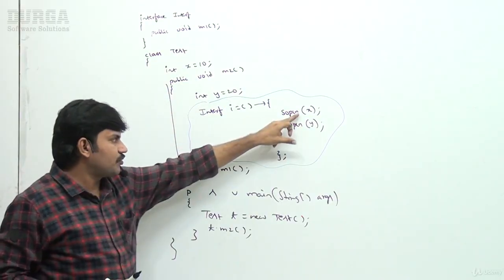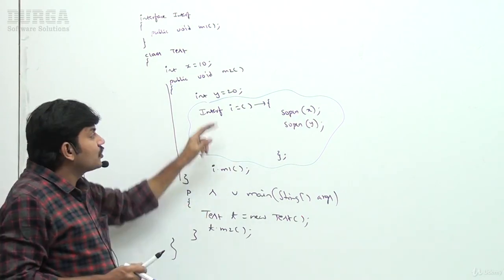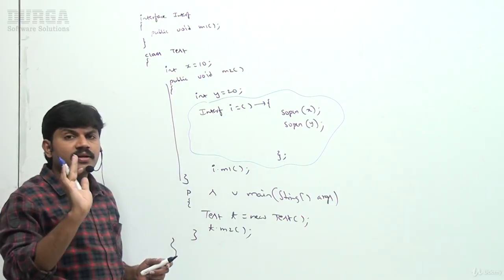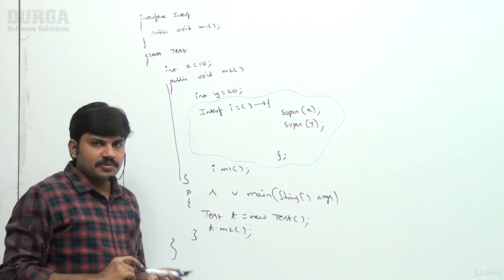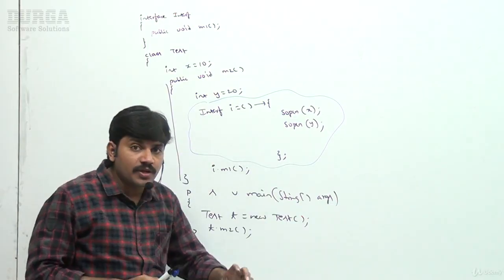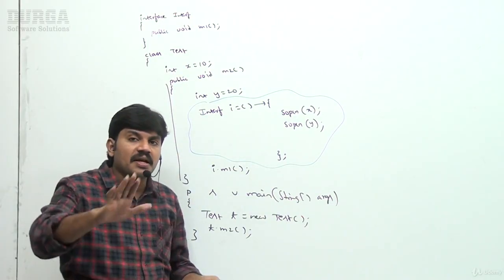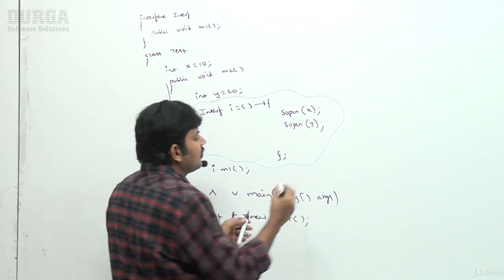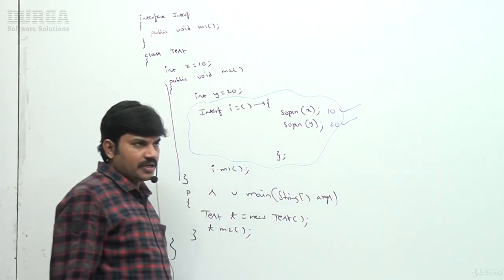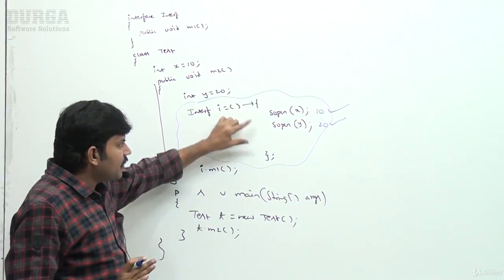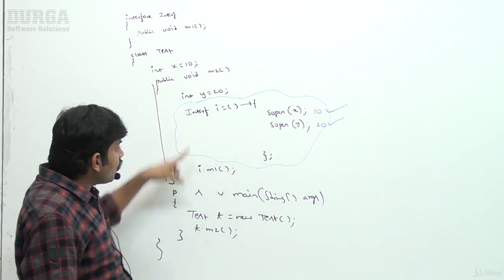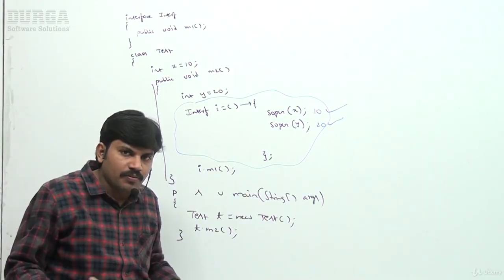I am trying to access SOP of x and I am trying to access local variables of the method also. Have you observed, this is the local variable of m2? Take very special care. From a lambda expression we can access method variables, enclosing method variables, and enclosing class variables directly, no problem at all. Perfectly, the output we are going to get here is 10 and 20. So from a lambda expression we can access enclosing class variables and enclosing method variables also, no problem at all,